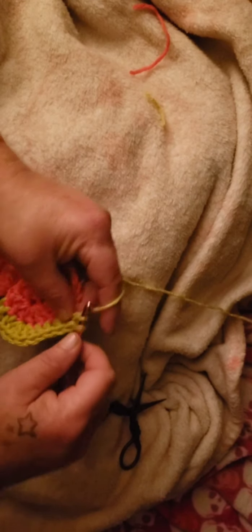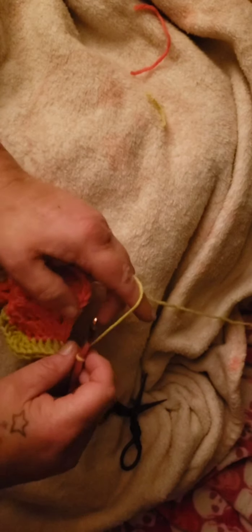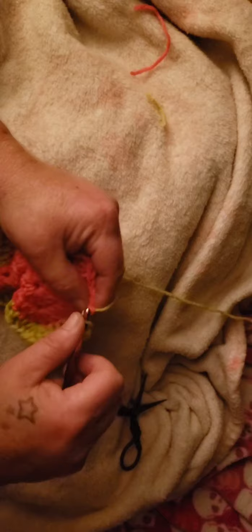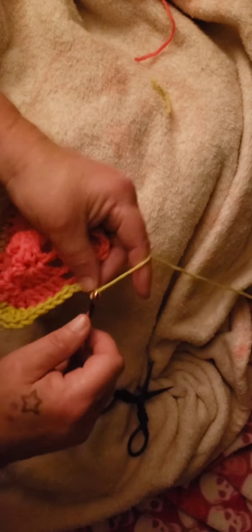And then this is the last row like this. So what we're going to do on the next row is a little bit different. Chain 2,